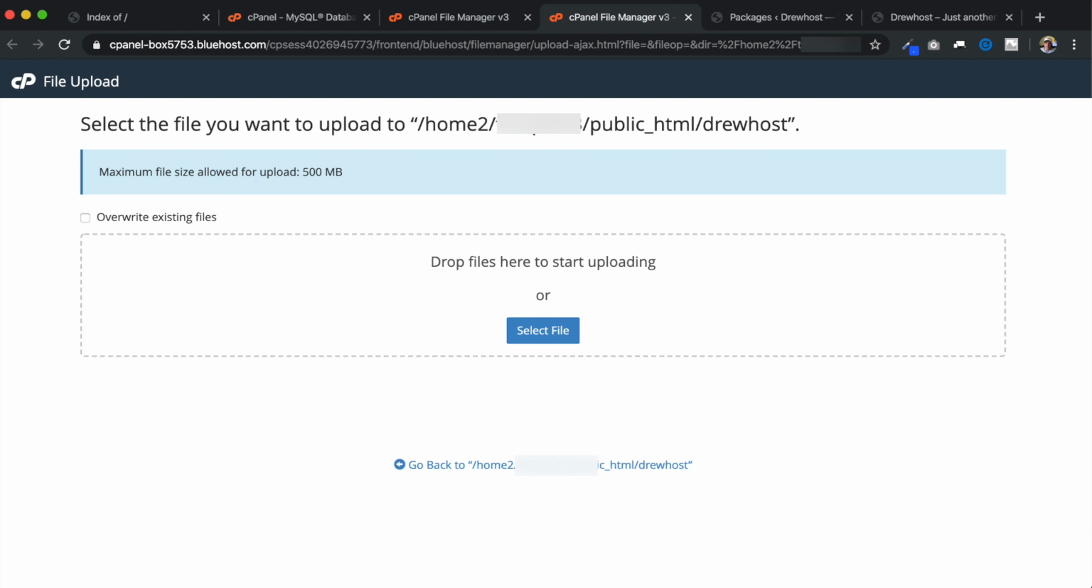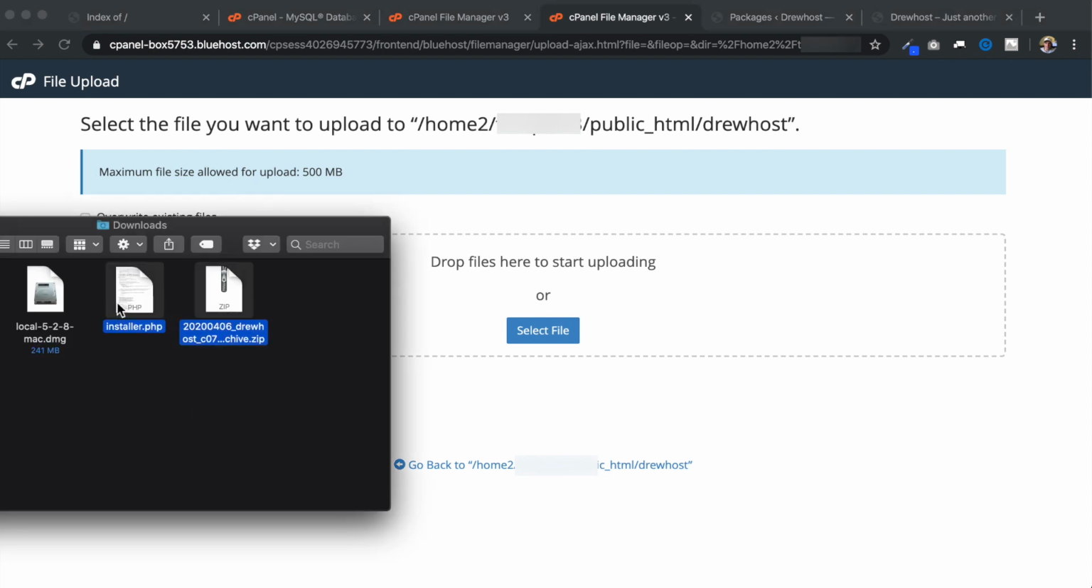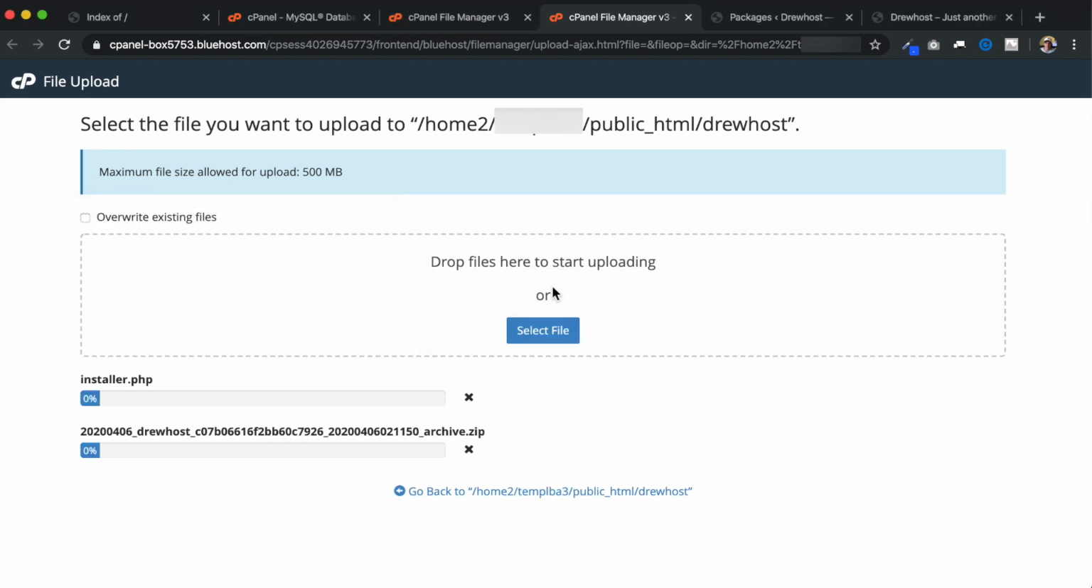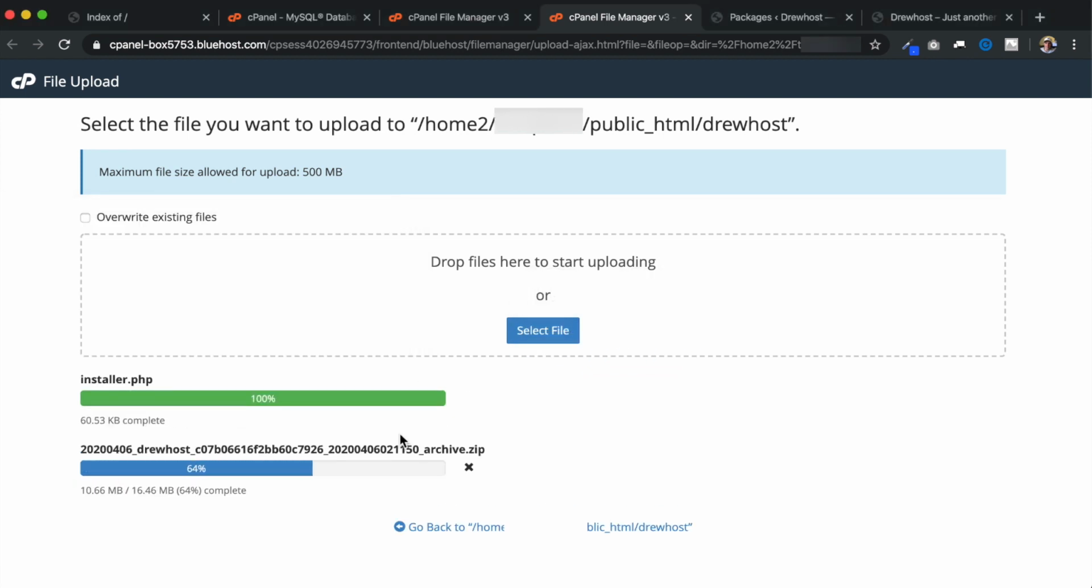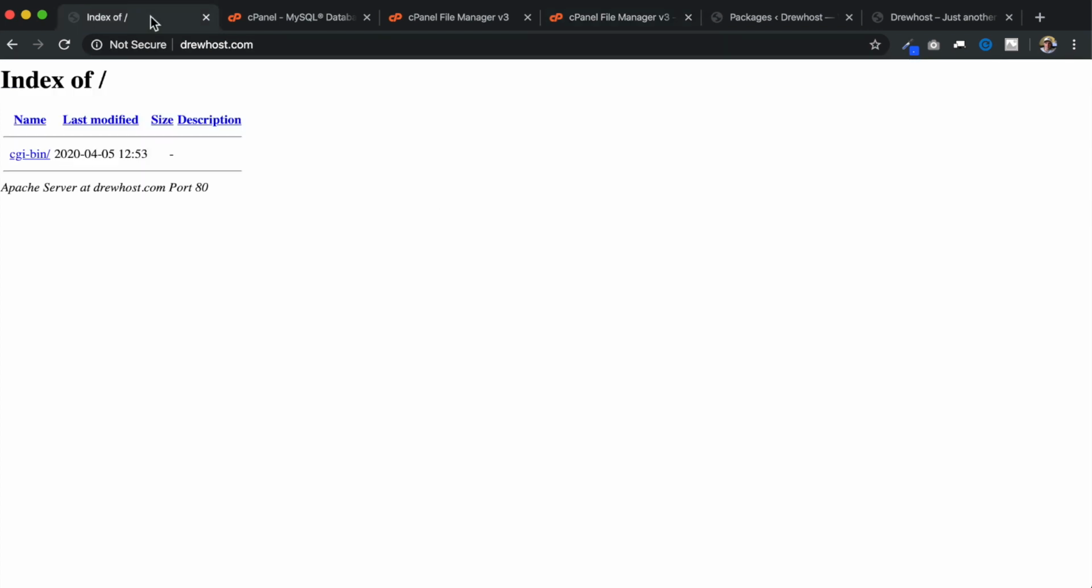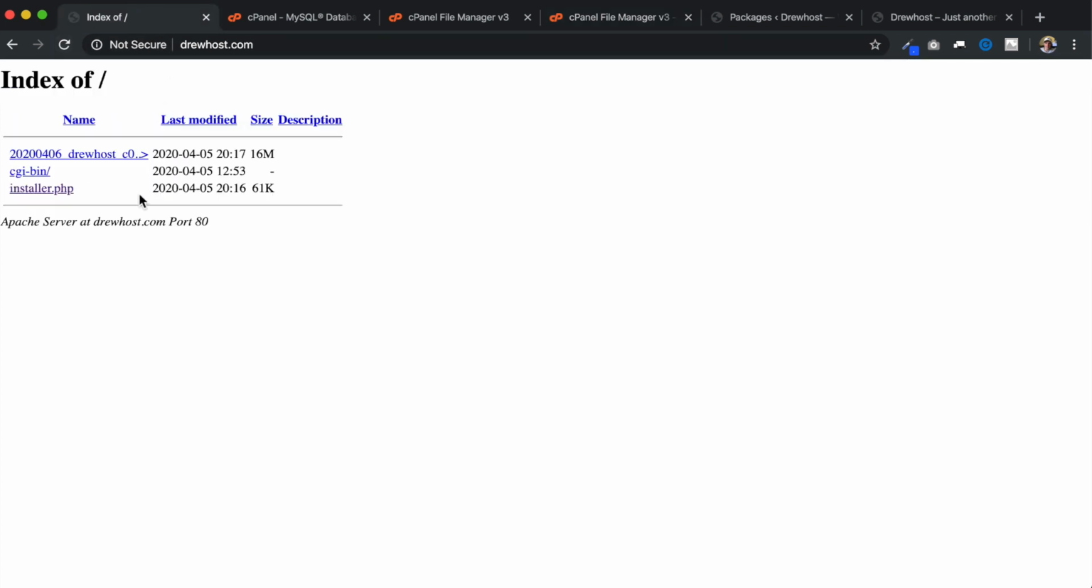And now we can simply drag and drop the 2 backup files that we got from Duplicator with our local WordPress installation. So I'll just give this a moment to upload into Bluehost. And then once it's complete, we can go over to our domain name and we're going to see the files uploaded here. So we're just going to go to